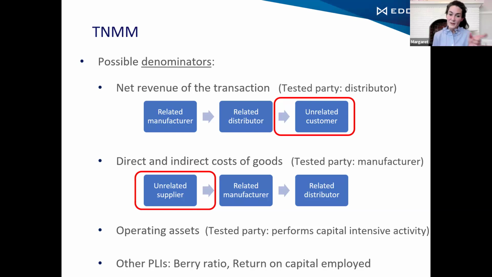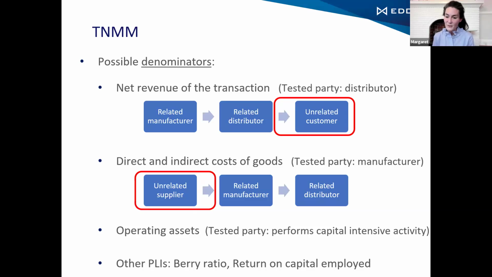And it's the mirror of that for a manufacturer. If your tested party is a manufacturer, it's purchasing goods from an unrelated supplier and selling goods to a related distributor. So you want to pick the piece in this supply chain that is with the unrelated entity.